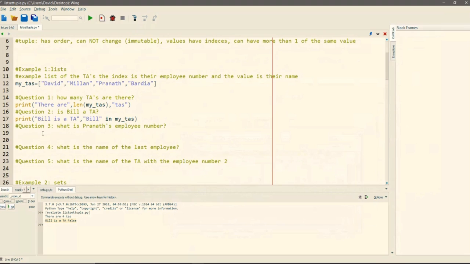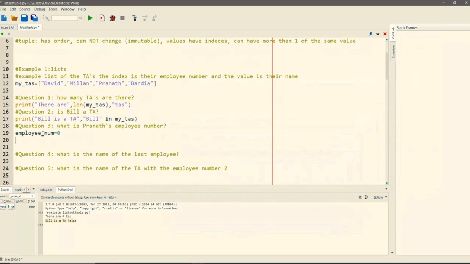So what we want to do is make a new variable. We're going to call it employee num. So first step is we want to set it to 0. Then we're going to go while, and we get our TAs. If we want to access the value of any entry inside of our list at any given index, we do this.